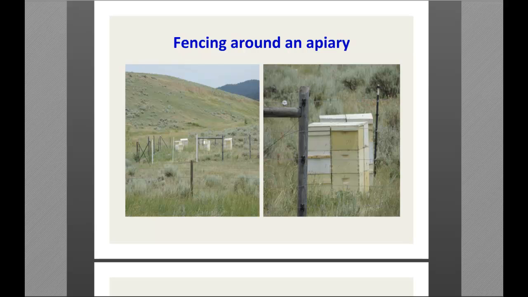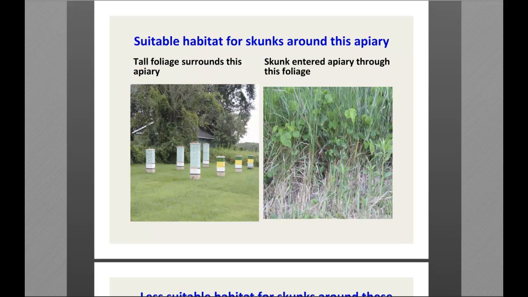Recently I was traveling through Montana, and this is a fenced-in area here showing the fencing concept. And then here you'll see on the left, in fact that's my apiary as it stands right now, you'll see that there's a lot of tall grass, goldenrod, briars and trees around most of the apiary, except for this one side. So it's an excellent hiding place for wild animals. In fact, the skunk that appeared in my apiary was appearing about right here in this grassy spot, or in the center of the picture on the right.